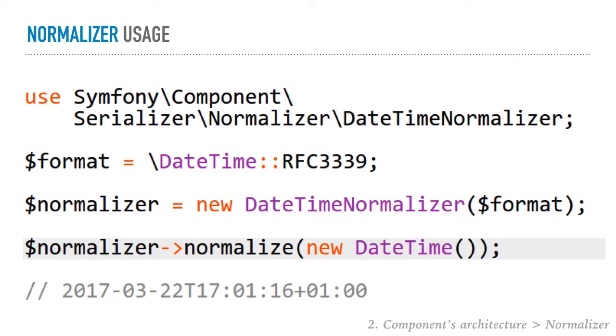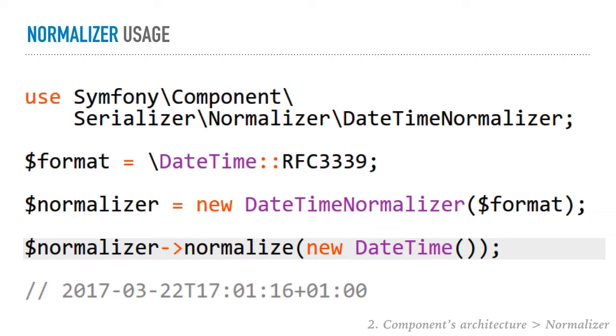Let me show you how to use the normalizer. Basically, you are in your code. So here, we are not in Symfony full stack, right? We are using directly the component. We have, of course, the normalizer we want to use, which is the date time normalizer. We put some formats. In here, I'm saying, after the normalization, I want to make sure that the string that is going to be in the array will be in the format DateTime RFC, blah, blah, blah. Okay? Then I'm just instantiating the normalizer with the format that I want,